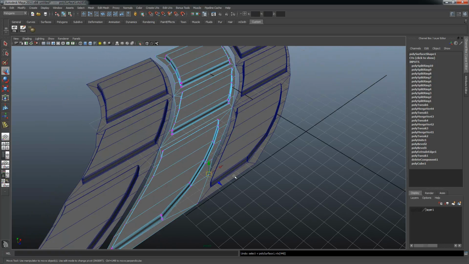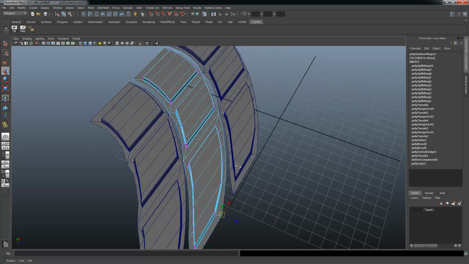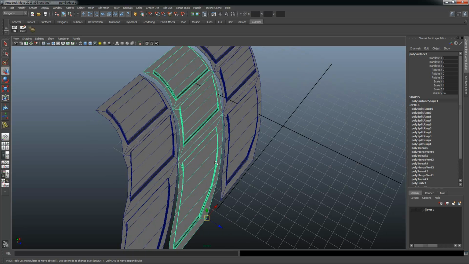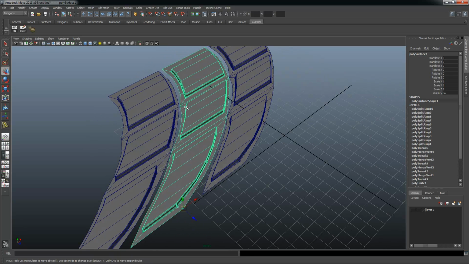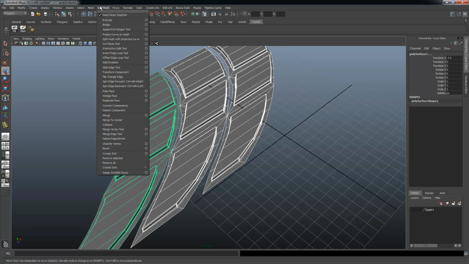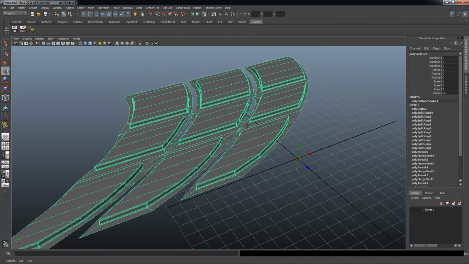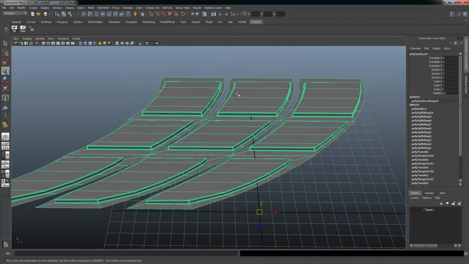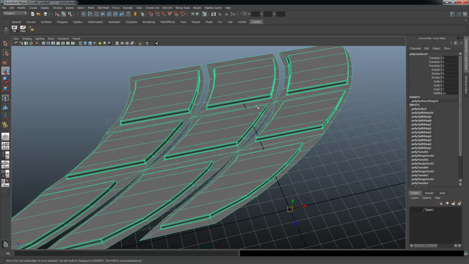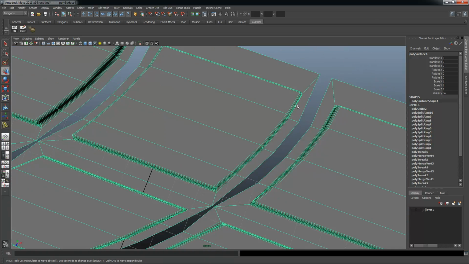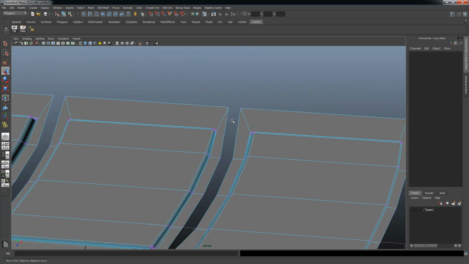And I just realized that that's not what I wanted to do. Alright, I forgot. I actually want to go ahead and combine these guys first. So I'm going to say Edit Mesh, or Mesh, Combine. And then what I want to do here is use the Collapse Merge to Center feature. Because what the Merge to Center feature is going to do here is it's going to allow me to take